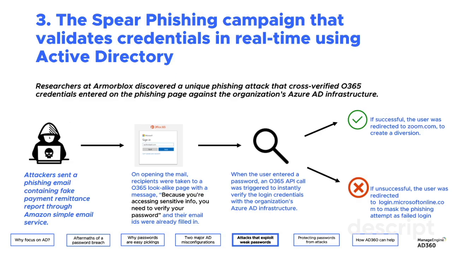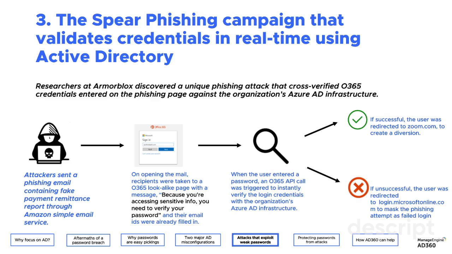What had happened at Armor Blocks is a classic case. Users received an email from the attackers. These attackers maintained a very cordial relationship, proper business communication, for quite some time with the users in the organization. So they were bound to assume that these were legitimate emails. They clicked on that email, and when they clicked on it, it got redirected to an Office 365 login-like page. This was a lookalike page that the attackers had put together.